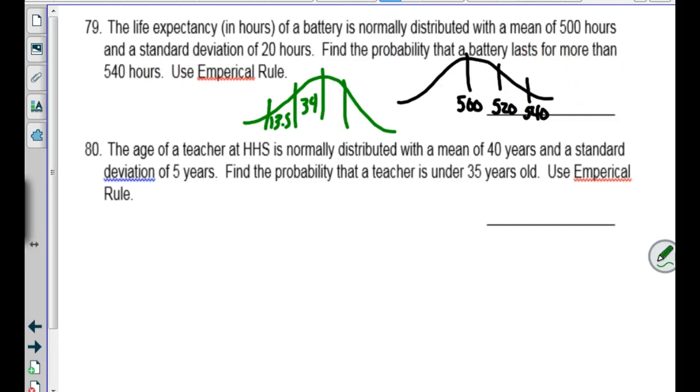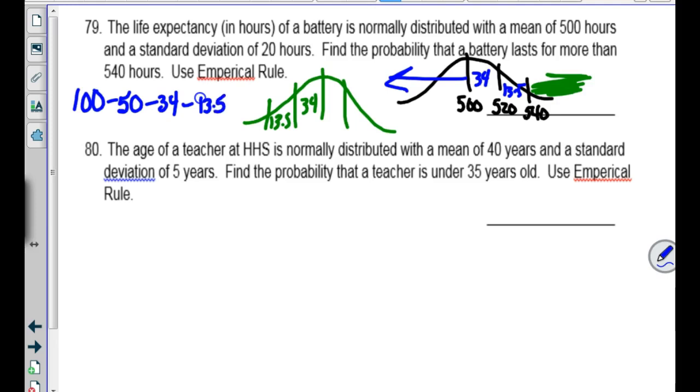Okay, you will not get this right if you just put whatever's on your little chart up here. Everybody remember how this goes? There's 100% minus what's this on down. From the mean on down would be 50%, yes. And then this first above the mean is 34, so we're going to take off 34. And then in here is another 13.5. I think it's 13.5. Does that sound right to someone? So if we subtract that,